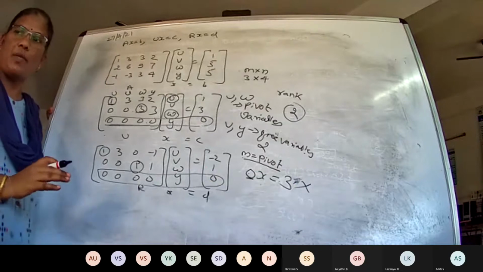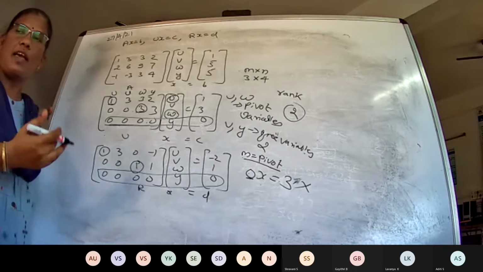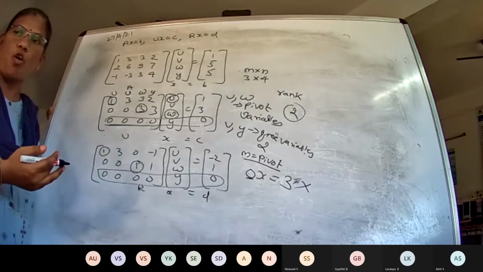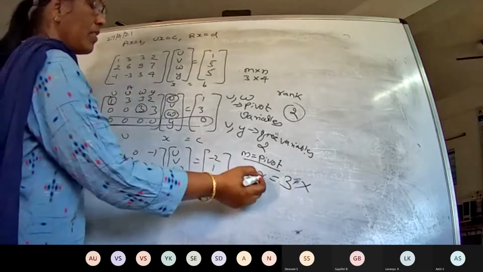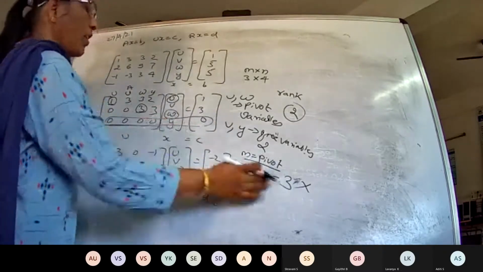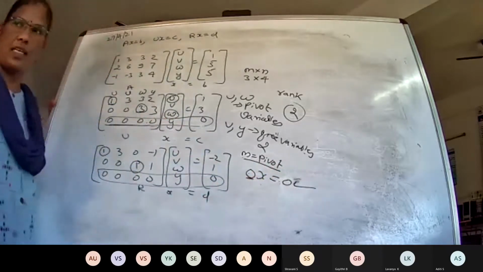I cannot say that if the coefficients of all the variables are 0, it will be equal to some constant, right? That means this is not solvable. It will always be 0x = 0. Then the solution is attainable.